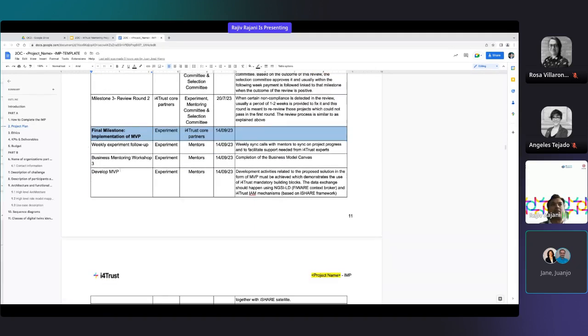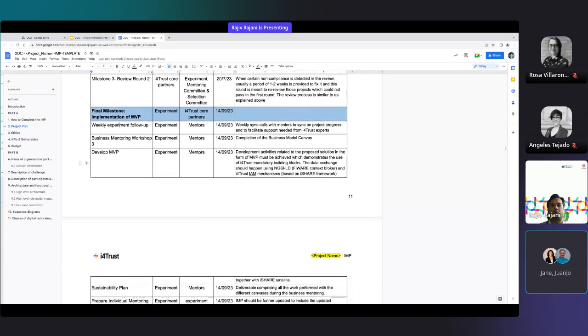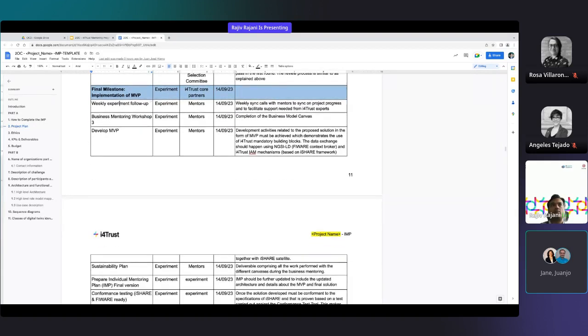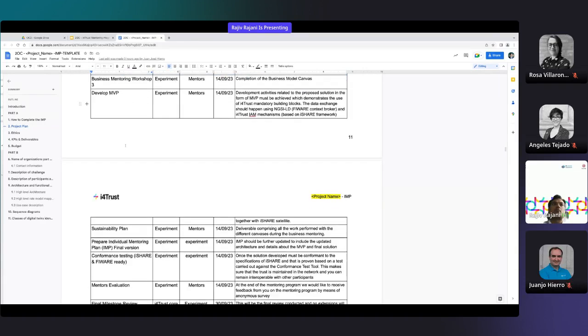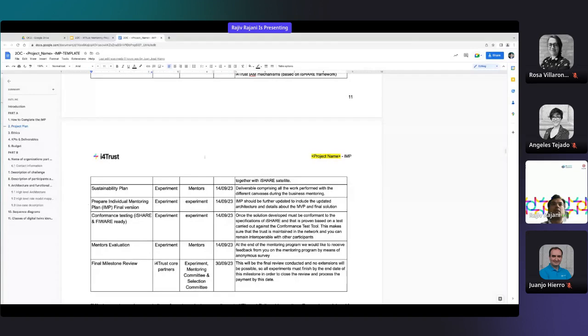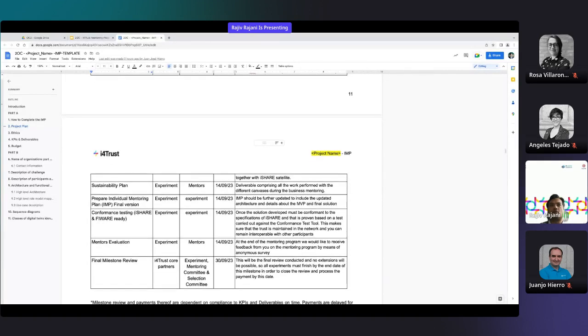And then there is the final milestone, which is basically your MVP development, with which you are actually ready to go to your market with a minimum viable product. In that sense, this is your final milestone of this program.